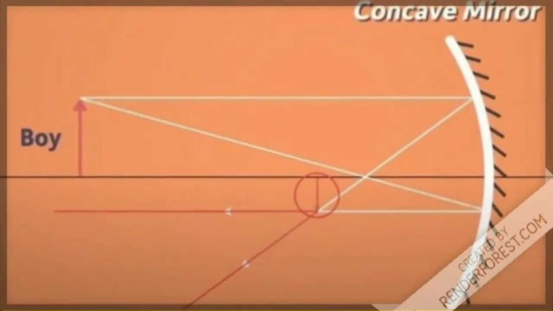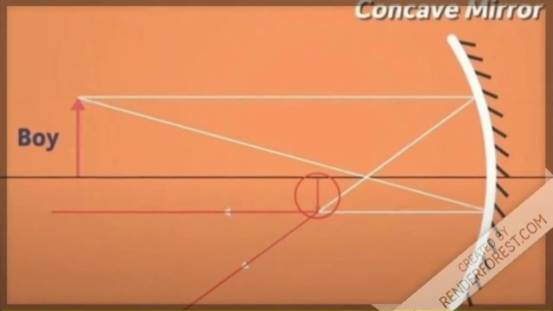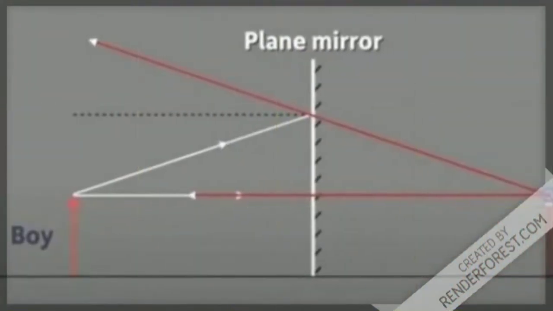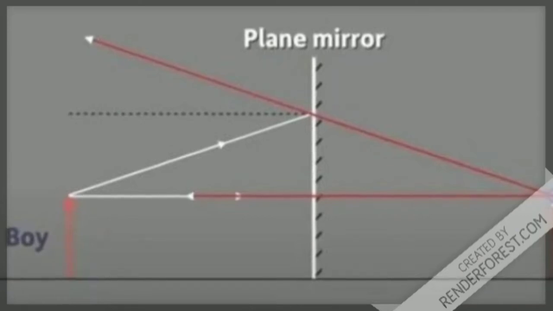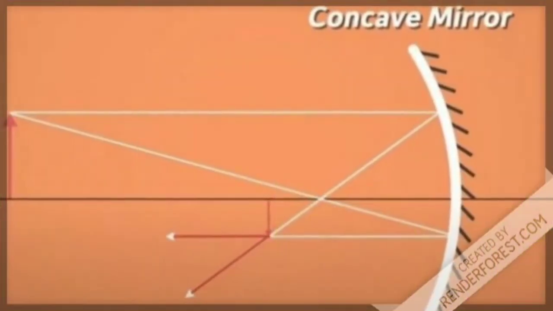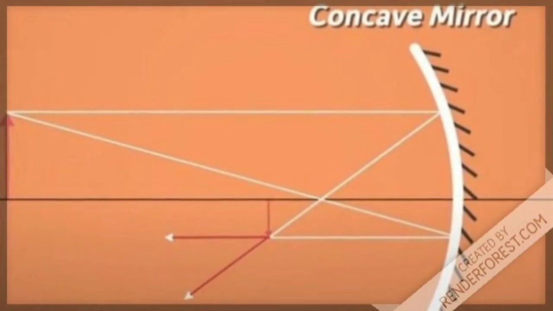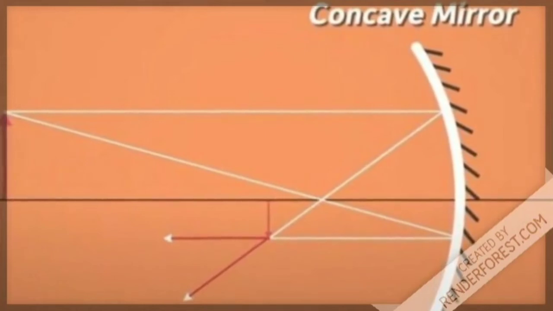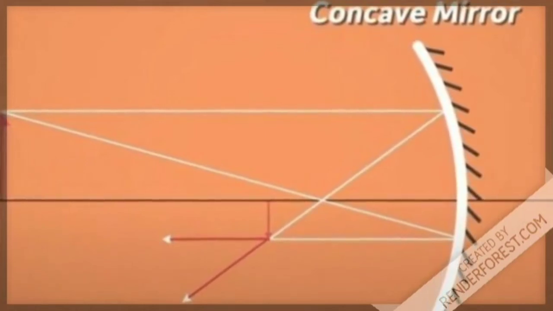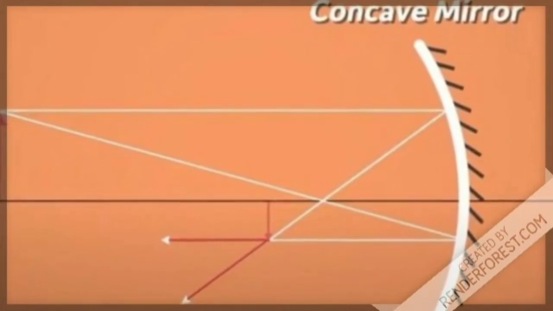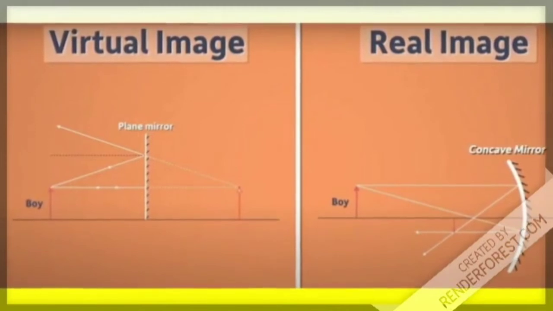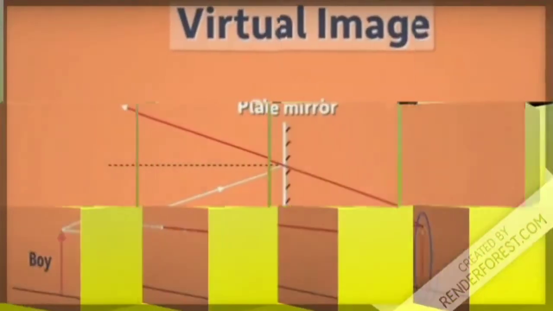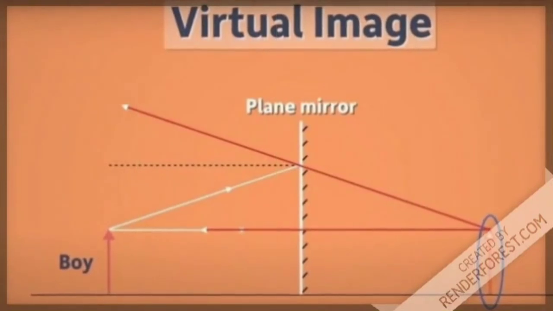When we look at the real image formed by a concave mirror, it also seems to us that the light rays are diverging, but here the rays actually are diverging from the point in front of the mirror, whereas in the case of a plane mirror, it appears to us that they were diverging from the point behind the mirror. So, did you understand the difference between a virtual image and a real image? When we look at a virtual image, it appears to us that the light rays are diverging from the point somewhere behind the mirror. But in reality, they aren't, as no light reaches behind the mirror. It is only our perception.